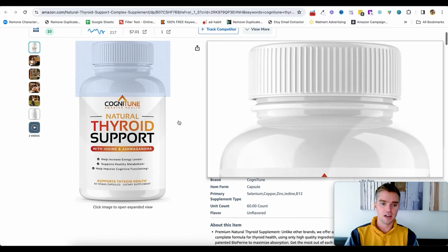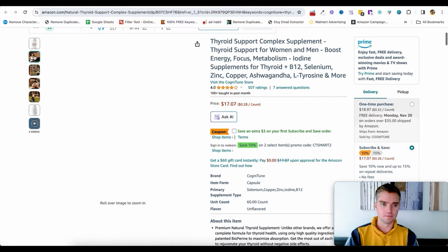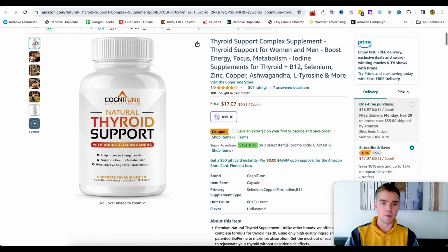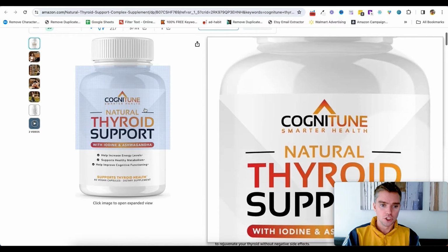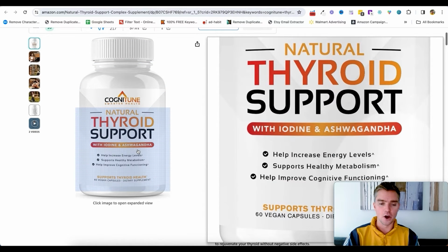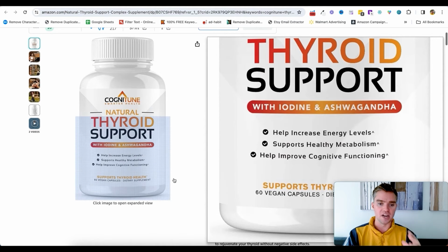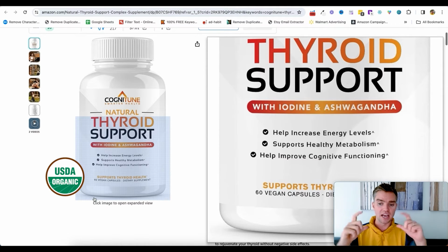We have this thyroid supplement over here. So the main image is pretty. For this main image, again, I would have some kind of call out. Here's another example. Actually, I'm critiquing an example that I'm giving. It's iodine and ashwagandha. Okay, I would take, what does the natural ashwagandha powder look like? Take the powder and put it next to, or around, the bottle. And I would have a bubble here and have something important, let's say it's USDA organic certified. So take the USDA organic certified logo and put it partially on the bottle and